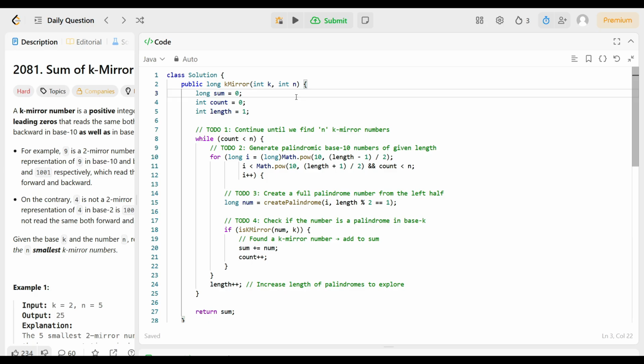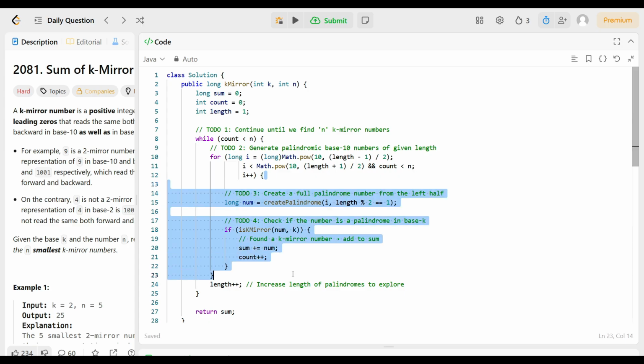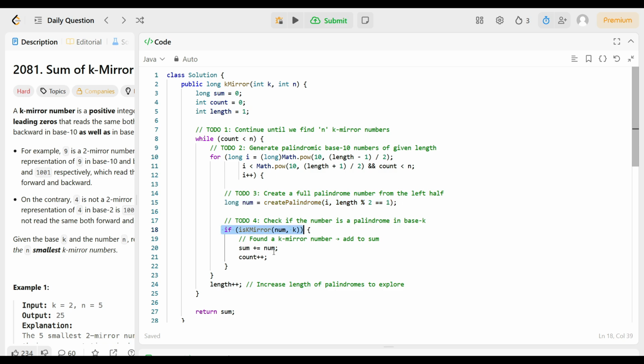First of all, this main method keeps generating the palindrome of increasing digit length, and we are doing it here with this for loop. It will create the palindrome and check whether it is a mirror number or not. If it is a mirror number, we'll say yes, it is, and we'll add it into the sum. Understand? We'll keep generating the palindromes of increasing digit length, and for each one,